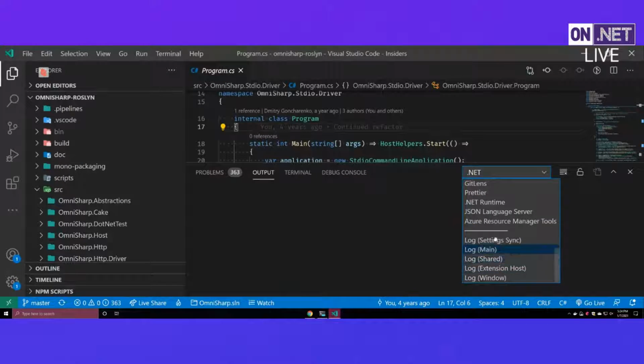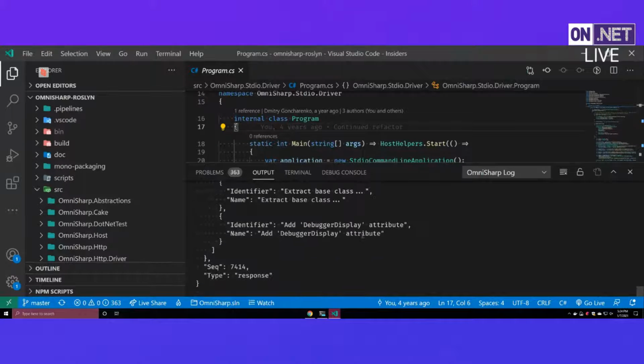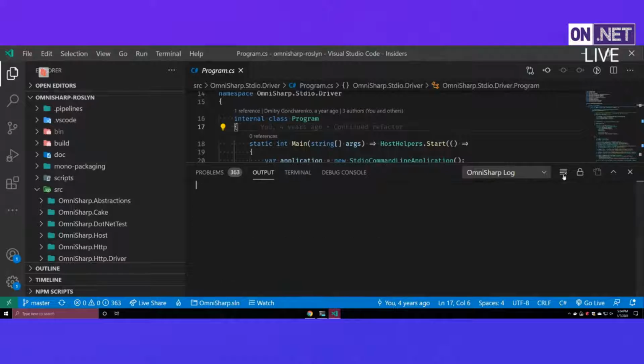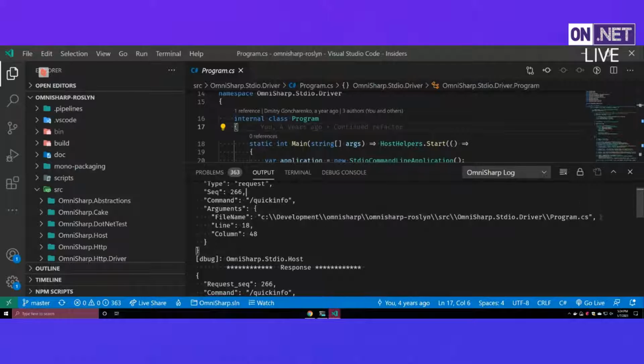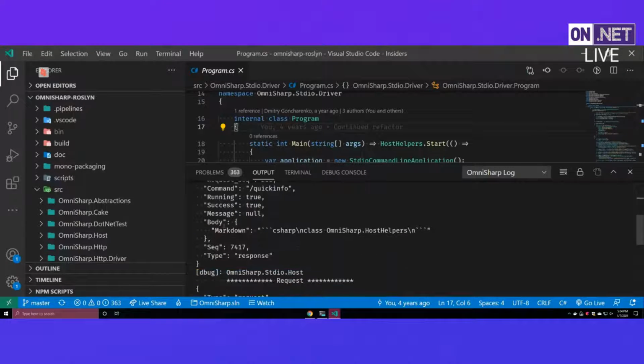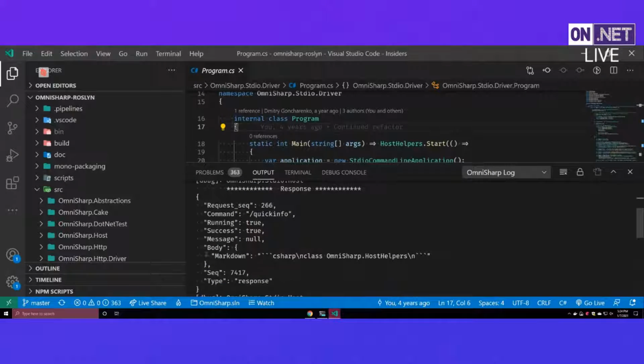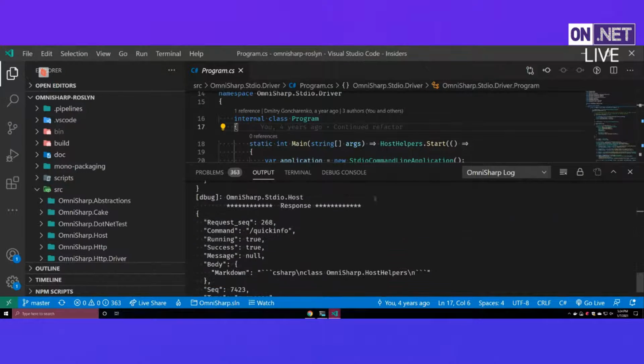One of these is all the log messages from OmniSharp. For example, if I hover over this right here, it goes to the OmniSharp server and says, I want quick info, which is what we've called a hover. It says it's this document on these lines, and then it responds with the markdown content that says it's this C# code. VS Code runs that through its formatter and renders it as HTML, because that's what VS Code is using. And so those are the actual responses.